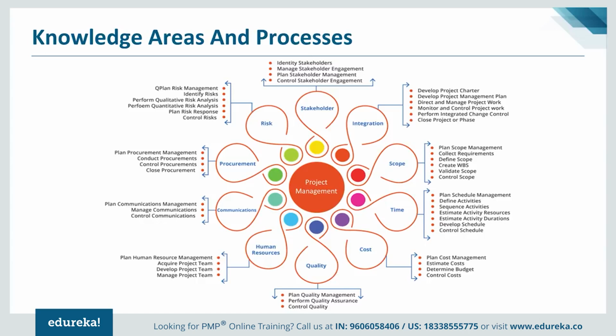Then once we have a plan in place, we start executing the plan. And that is where the directing and managing project work will come into picture, because this is the process wherein we start executing the plan that we have agreed. And once we are into execution, it's important to continuously monitor and control some of the project work. Why control is required? Because if we are deviating from the plan, then we need to obviously take corrective actions. So if we are overspending, then we need to see how we can reduce the spend by taking certain corrective